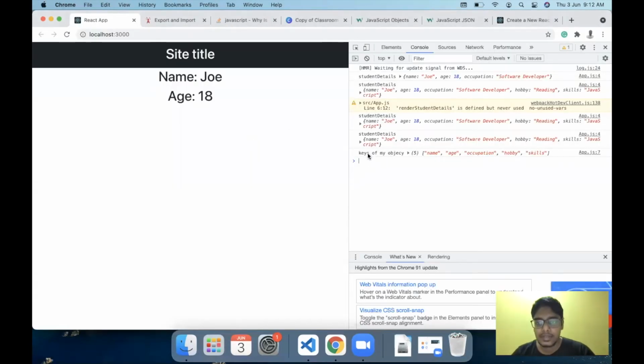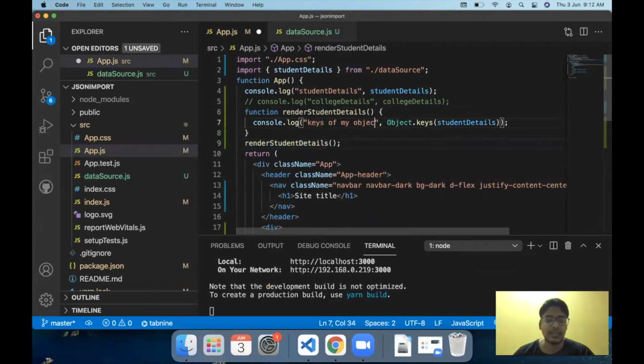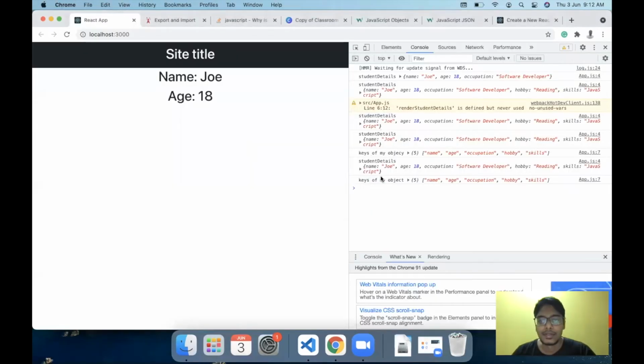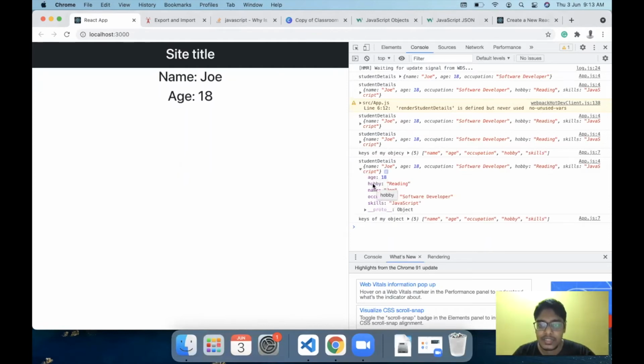If you observe the last statement printed out here, we have the keys of our object, which is, let's say, name, occupation, skills, hobby, and age, right? So Object.keys basically prints out all the keys in our object. In objects, we have a key and a value, right? The left hand side of an object is called a key. So in this case, hobby or name is called the key of the object, and the value is obviously the value of the object. This one pair of key and value is called a key value pair in object notation in JavaScript.